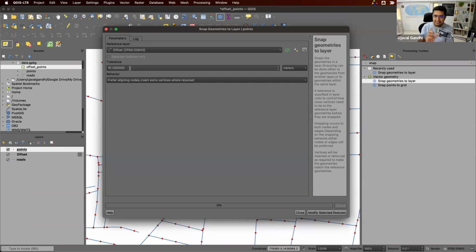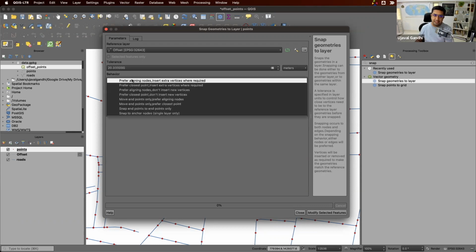This is the tolerance. This specifies the distance you need to search before you find a geometry that can be snapped to. And since the point is 10 meters away, we can leave it 10. But due to floating point math, sometimes the distance needed is slightly bigger than 10. So it's advisable to make it slightly larger. The result will be exactly 10 meters away, but you need to specify a slightly larger tolerance. So I'm going to make it 20 meters for this.